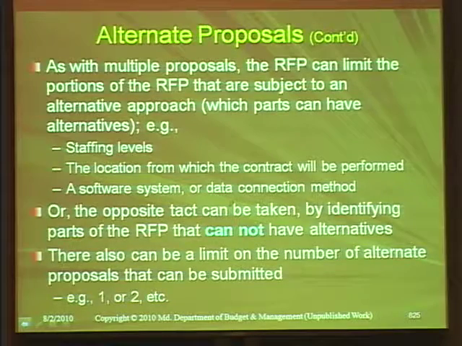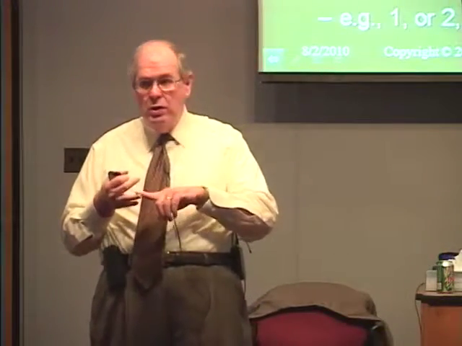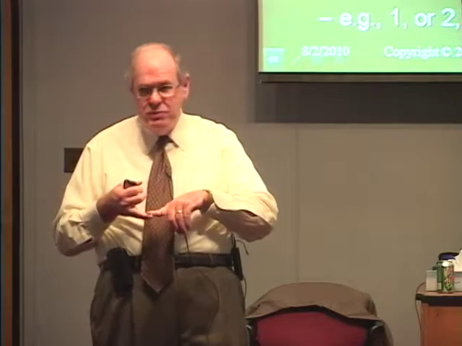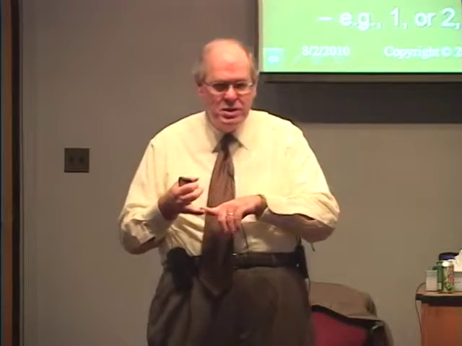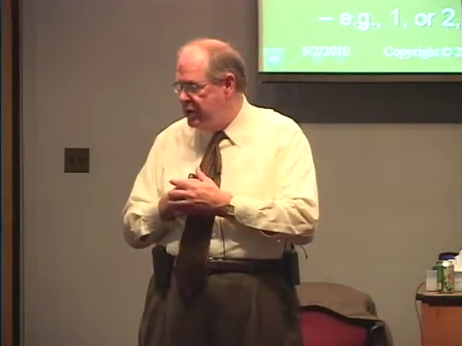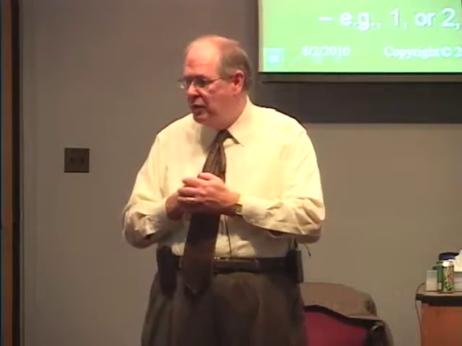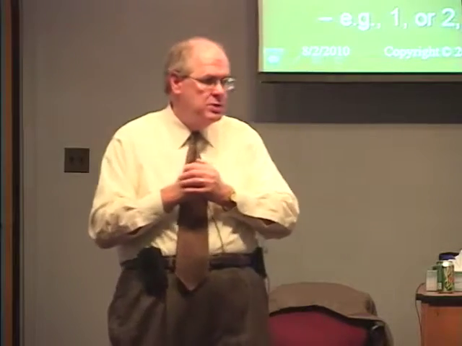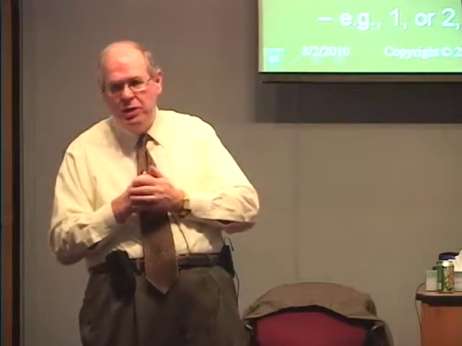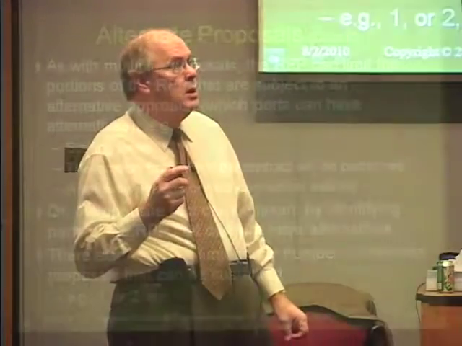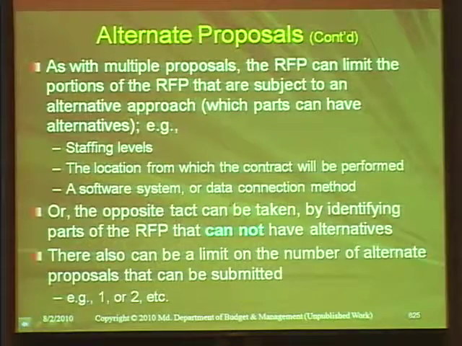And frequently I've done it where the location where work is to be performed can be either the vendor's location or the state's location. Or sometimes when we have given suggested staffing, well, the first thing is we do suggested staffing if we even do any suggestion, but allow them to give you different staffing levels. If you have minimum experience requirements, you might allow them to come in with offering different experience requirements, etc. So you can tell them what can or cannot be on the table for alternate instead of just the whole thing. Or the opposite tack, doing what cannot be.